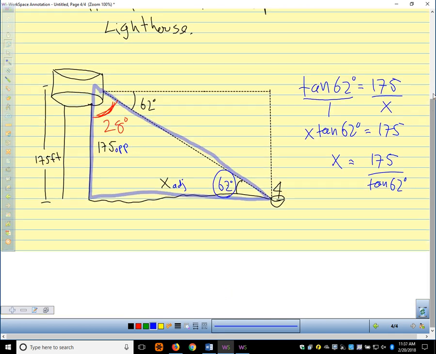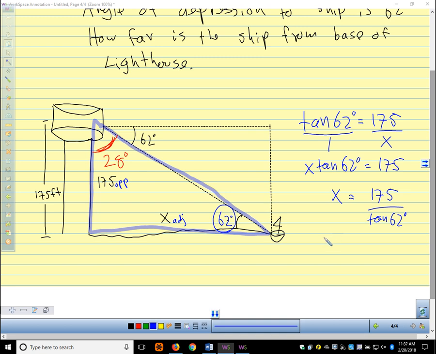Plug that in my calculator, just like that. And I get that x equals 93.05 feet. If I round to the tenth, that would be 93.1. So that would be to the tenth. And that would be 93 feet to the nearest whole foot. So that ship is 93 feet from the base of